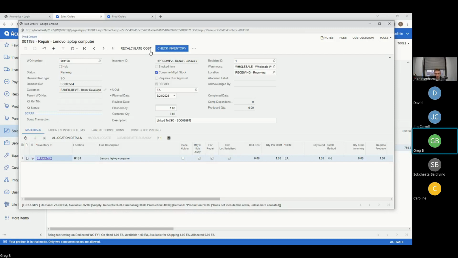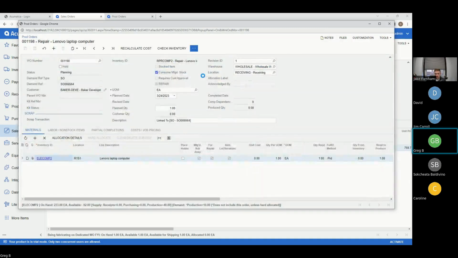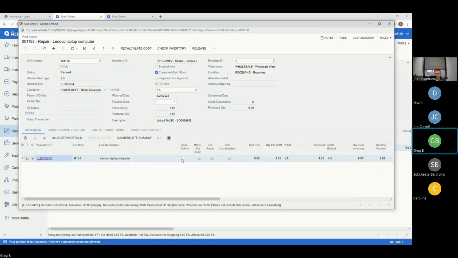So if I go through the motions with a work order, I'll go through and complete planning. I've probably got some labor on here to repair this. Do I? Yes, here's labor to repair it, okay? And so I'm saying I'm going to get this, and then I will release it. When I release it and I go to the kit,